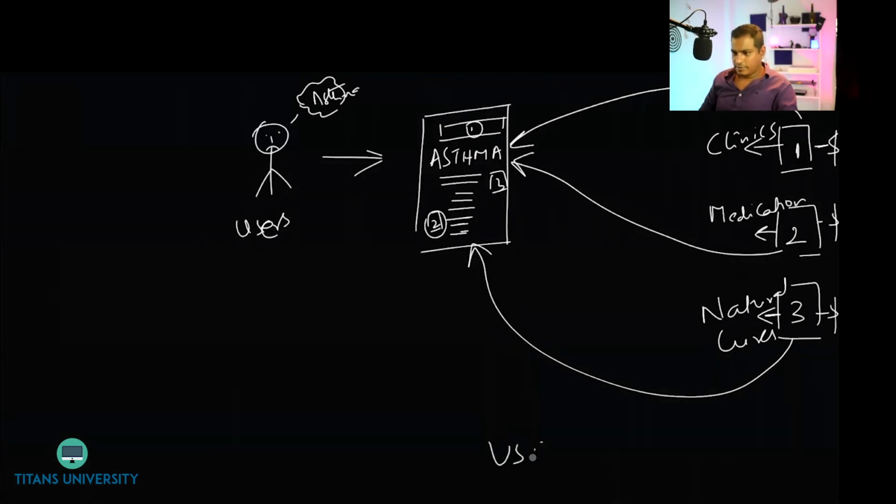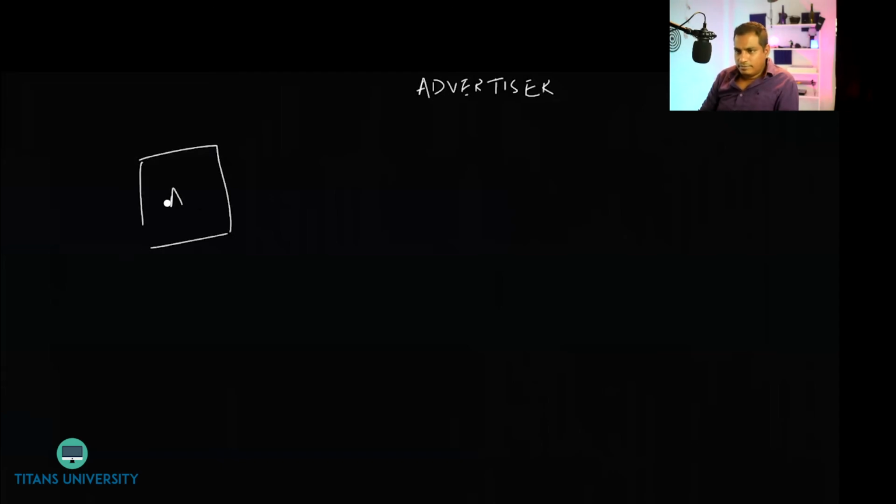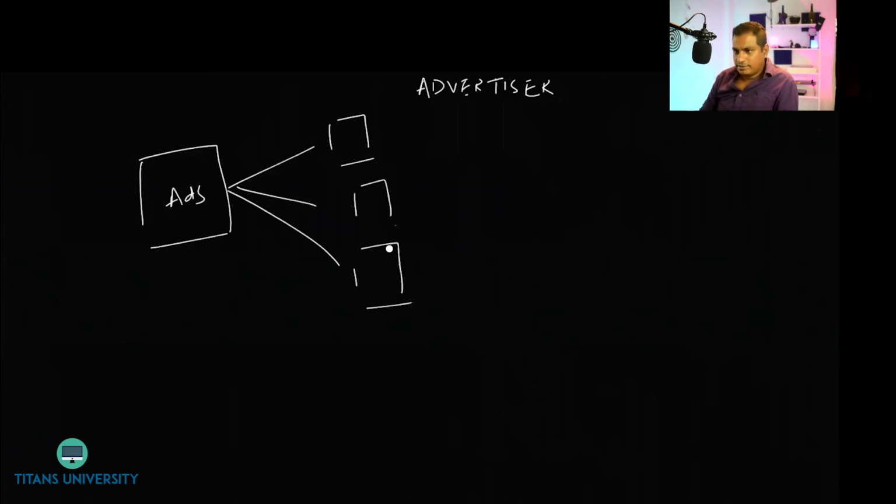Now this is from the user side, but we need to start thinking about it from an advertiser's perspective. Let's say if I am an advertiser, I need to look at creating a Google Ads account. And my job should be to identify these websites, right? Let's call it website 1, website 2, website 3. Now, in a search campaign, your job was to identify the keywords, because based upon what keywords people are searching for, your ad success would depend on it.